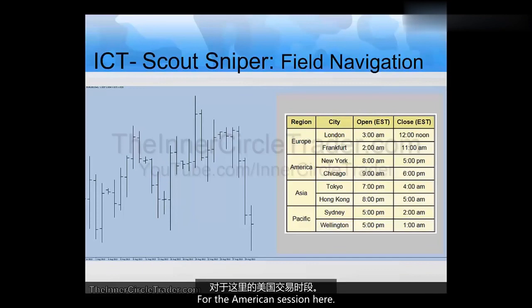Now, for the American session here, you see 8 a.m., and that's commonly what's been disclosed by many other trading teachers. But if you look at your charts, guys, many times the moves start about 7 a.m., between 7 a.m. and 7:30 a.m. And now you understand why, because the open outcry pit starts at 7:20 a.m. New York time. So there's a reason something generates a signal there, or a swing high or swing low,